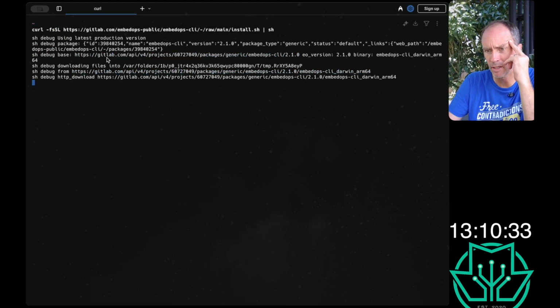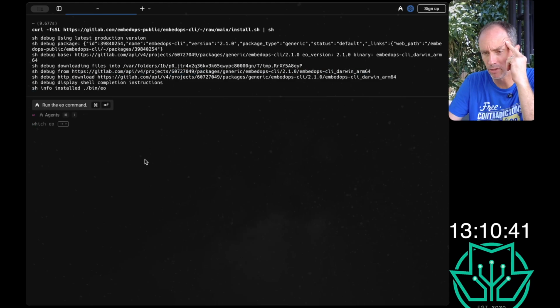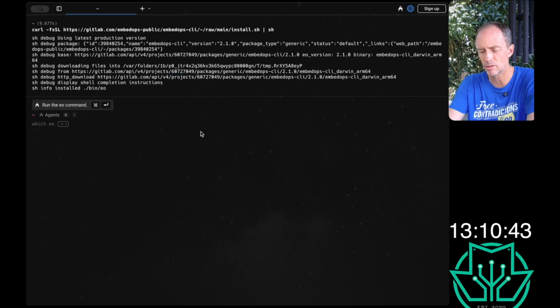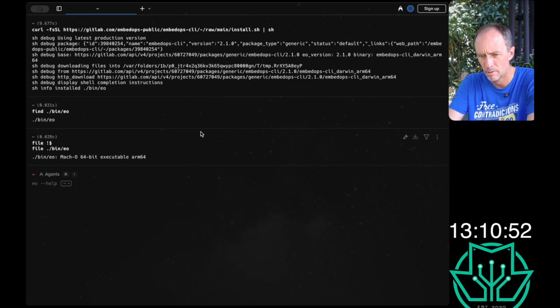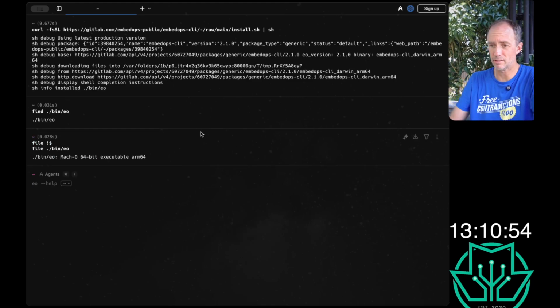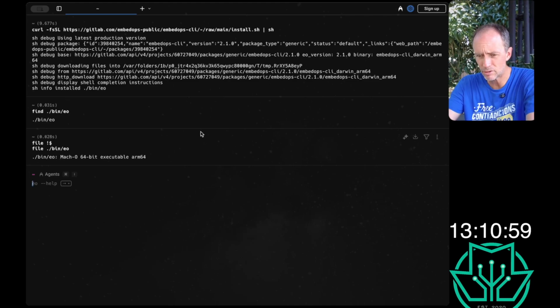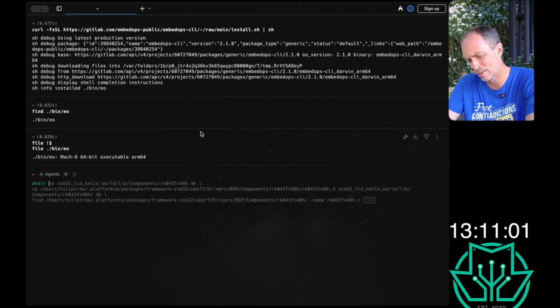So it's pulling it down, downloading things. We installed it in bin.io. So let's find, okay, it's there. And then let's do a file. It's a Mach-O 64-bit executable, so I can't just look at it and see what it's doing, which is fine. So I'm going to do a mkdir here,